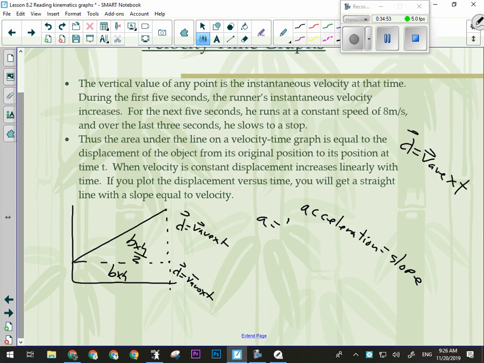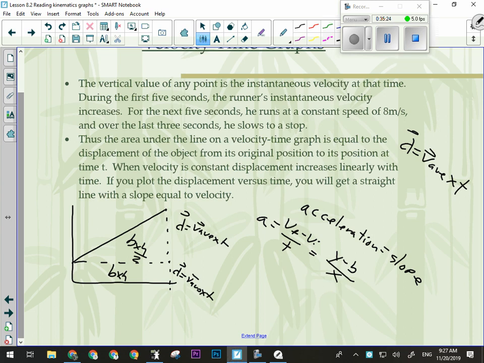The mathematical reasoning for that is acceleration equals VF minus VI over t, which is y minus b over x. Questions on that? Okay, then we're going to work through some sample problems here with graphs, and I've